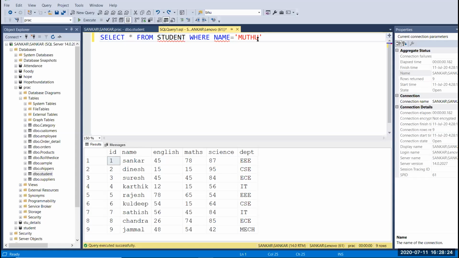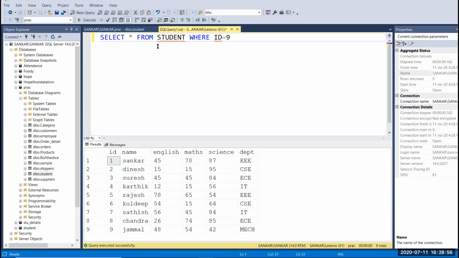Okay, so now I'm going to delete based on IDs, right? So here I'm going to give ID equal to 9. Before deleting or updating or insertion process, you have to use a select query and confirm your records, right?